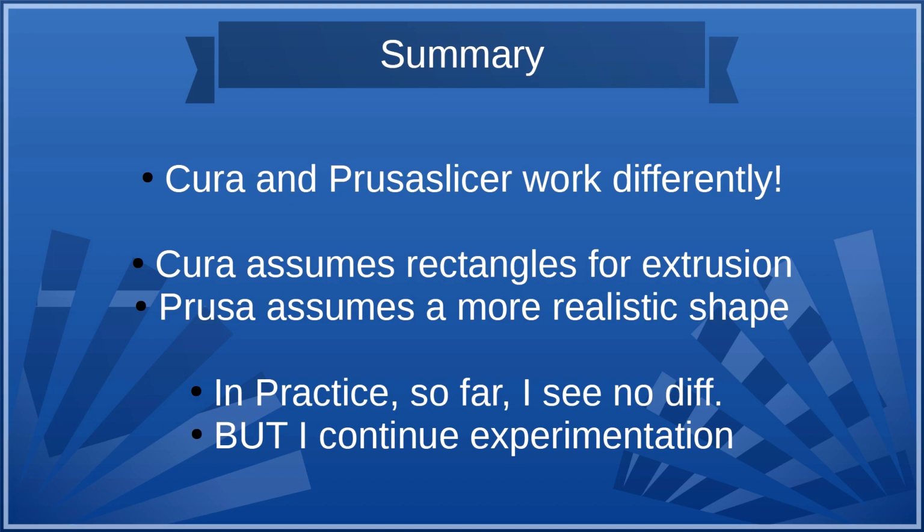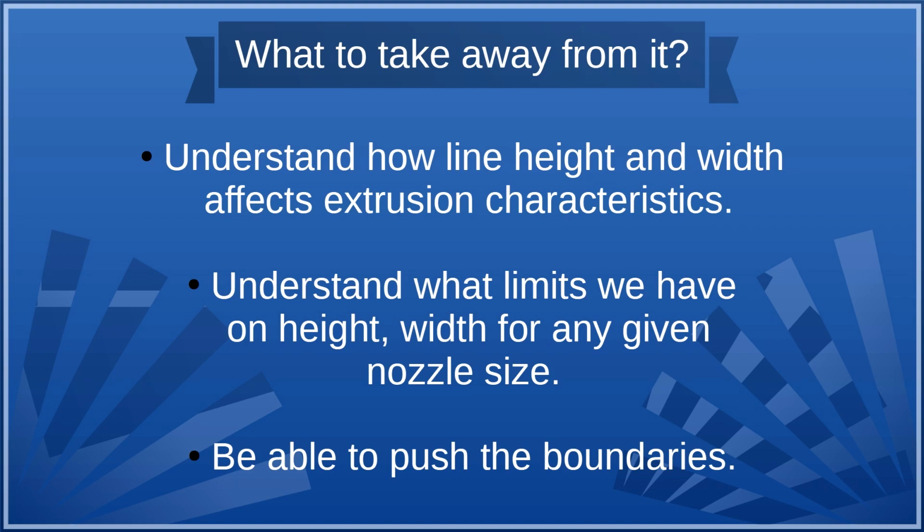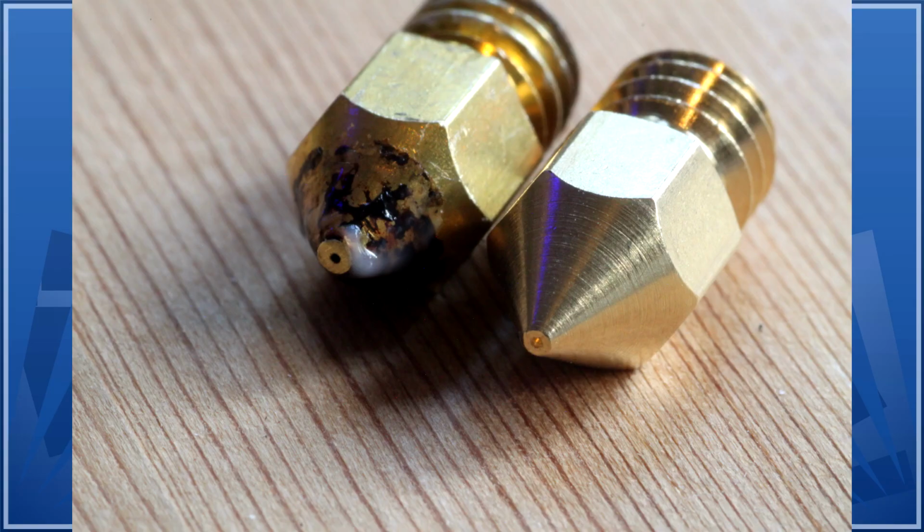How can we use this to influence our decisions as 3D printer operators rather than slicer software engineers? Well, honestly, I think that understanding how this stuff works under the hood allows you to make much more informed decisions about which layer height or width to use, or whether to swap nozzles, and how doing this will affect your output. It also allows you to rationalise some weird arguments that you might read on the internet, like how a nozzle that's worn flat would affect your print. I mean, given what we've just covered, I can't think that it will. It's more likely to work better as long as the hole in the centre hasn't changed.